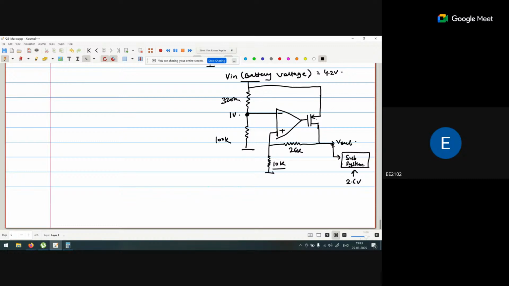So what is the output voltage we are getting with respect to 1 volt? V out is what? Minus RL by R1 into,